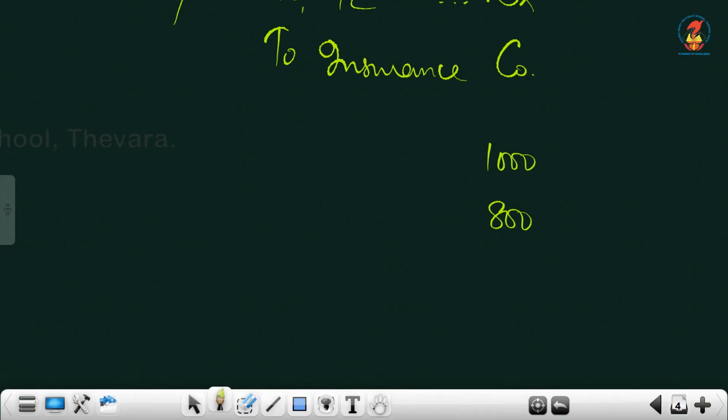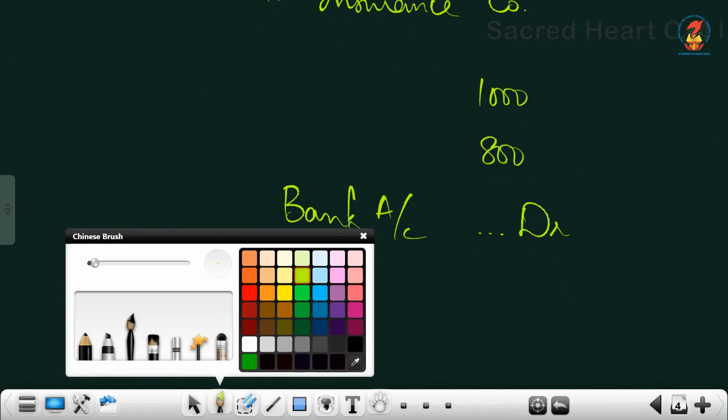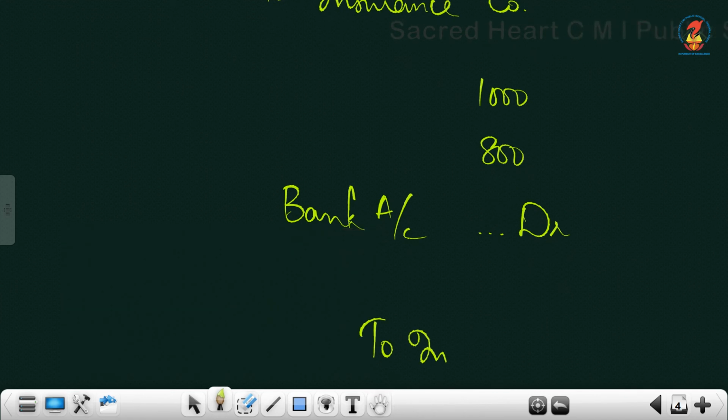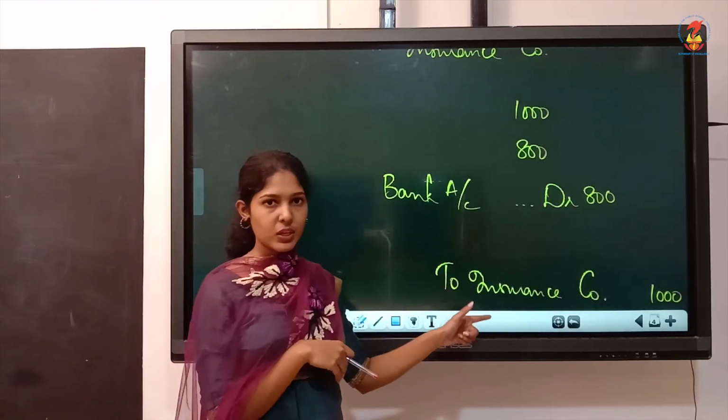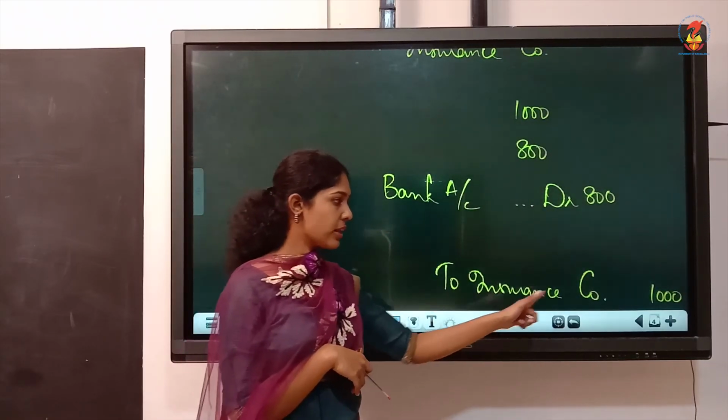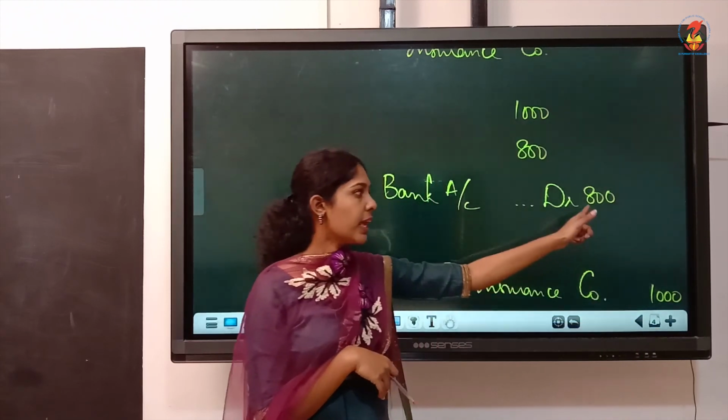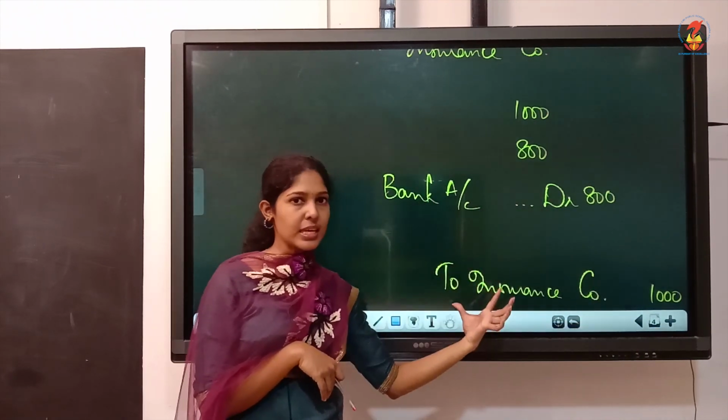So the journal entry will be, what we received is 800. For that you can write the same entry as above: cash or bank debtor to insurance company. That's the basic entry when you receive the amount. How much are we receiving? We received only 800. How much should they actually give us? They should give us 1000. Is this entry correct now? No, because the insurance company had to give us 1000. They gave us only 800. This is the basic entry which we wrote.